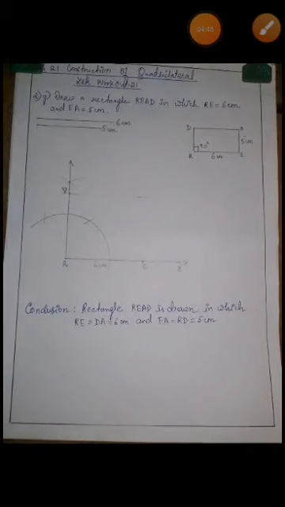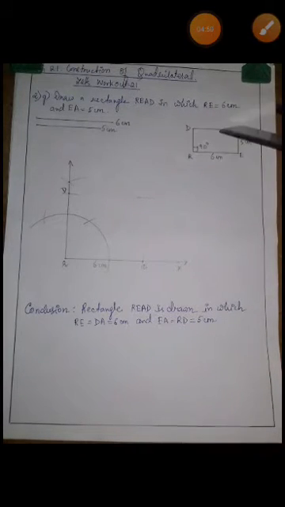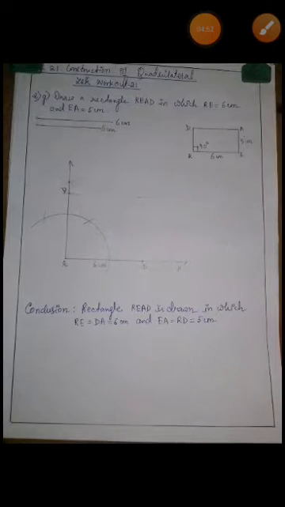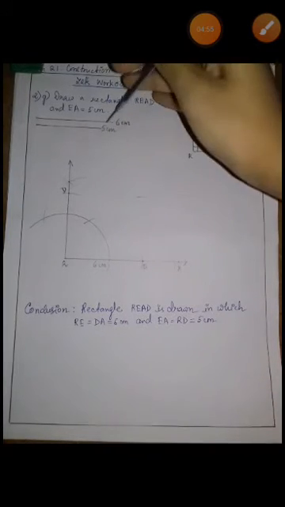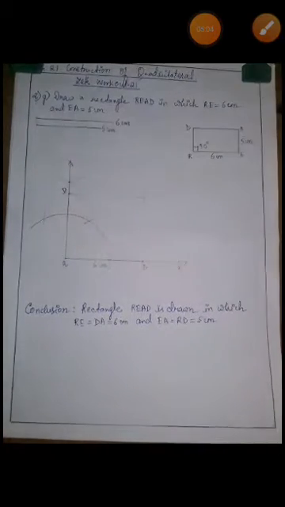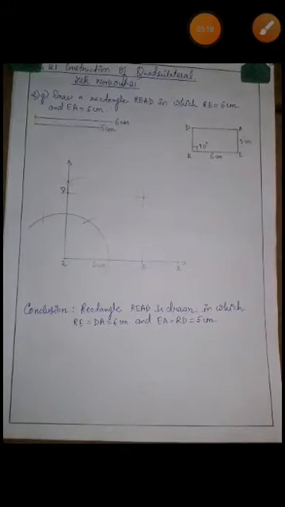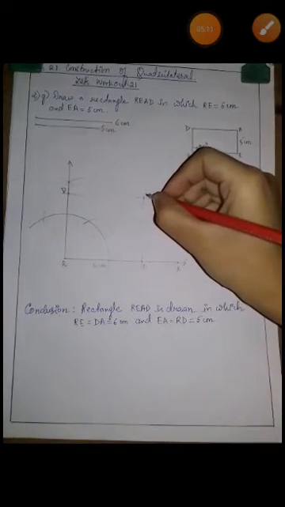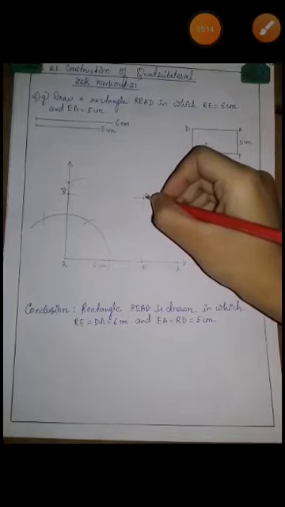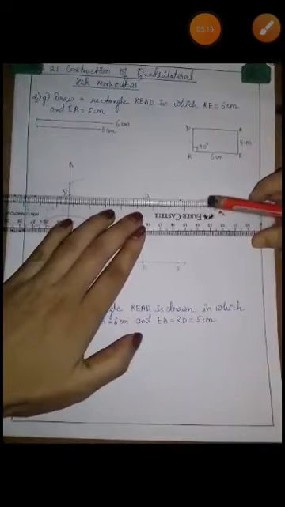And also here we have RE, that is 6 centimeters, so DA will also be 6 centimeter. So you again take the measurement of 6 centimeter and placing the pointer of the compass at D, you are cutting. So finally you are getting the point of intersection of the two arcs, that is the vertex A. Now with the help of scale and pencil you are going to join all the vertices.